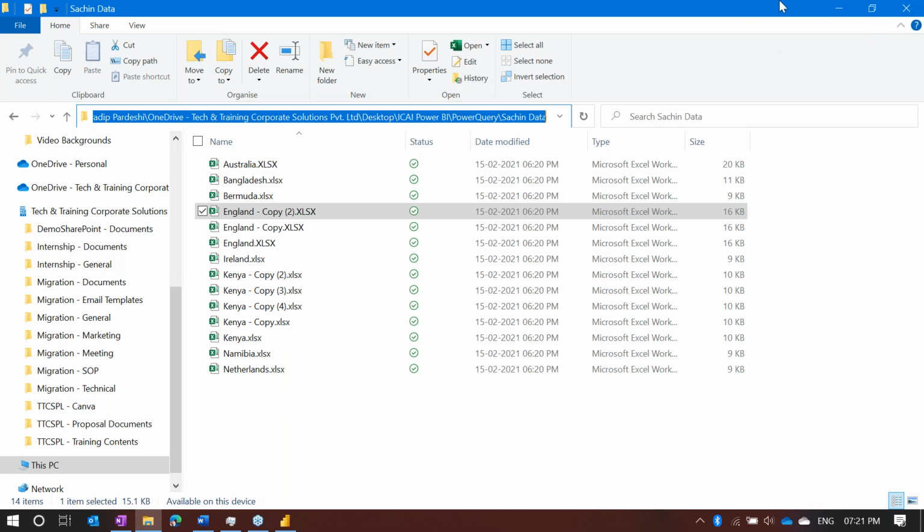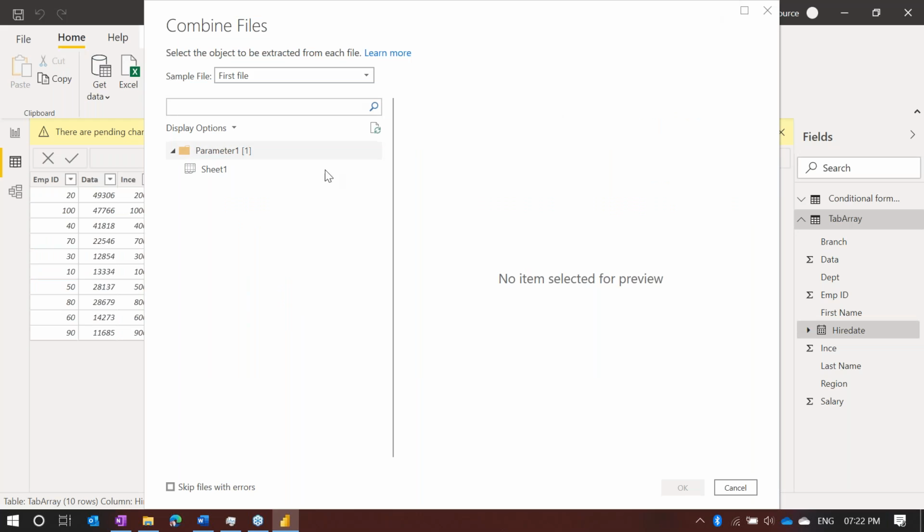All right. So what I'm going to do, combine and load or transform. So Subhash, you can go ahead and click on transform. Yeah, you can browse path also. That's fine. Now what you need to do is now see friends. Now here,